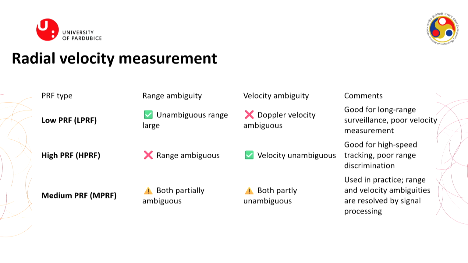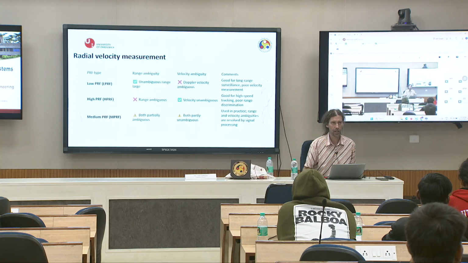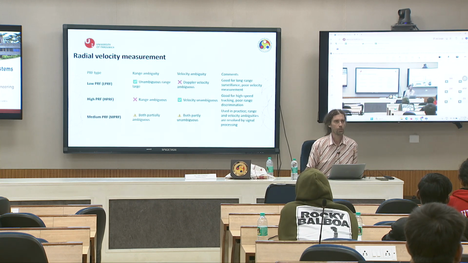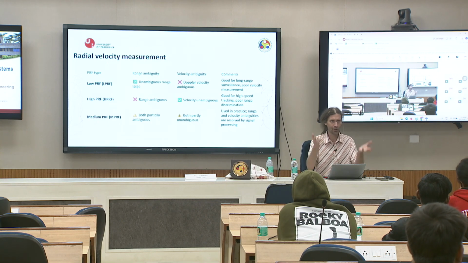Again, there is radial velocity measurement if I have low PRF, high PRF, or medium PRF. So low PRF, unambiguous range is large, good. Doppler velocity ambiguous, low. Good for long range surveillance, poor velocity measurement. Vice versa, high PRF. So we are operating in medium PRF. And unfortunately, both partially ambiguous,